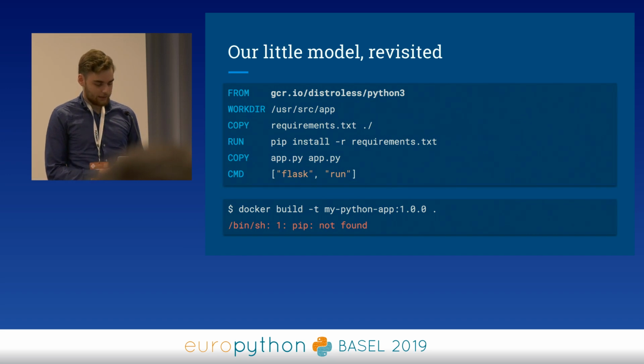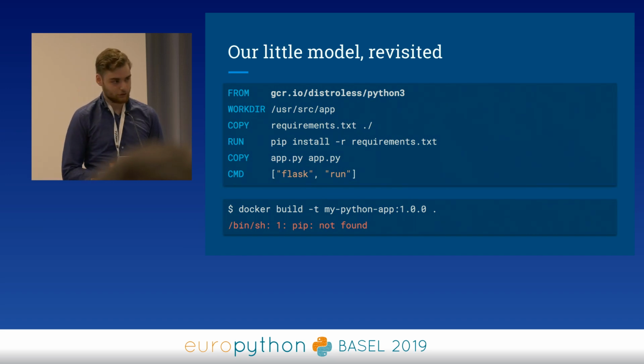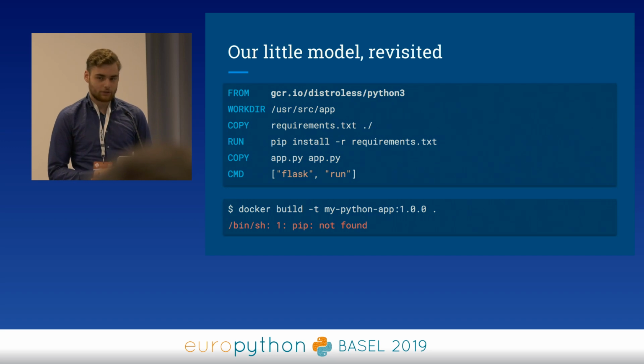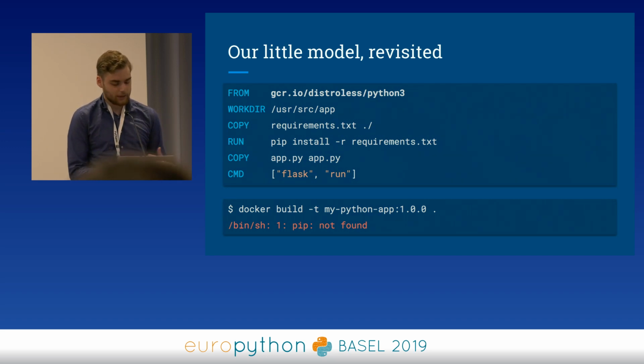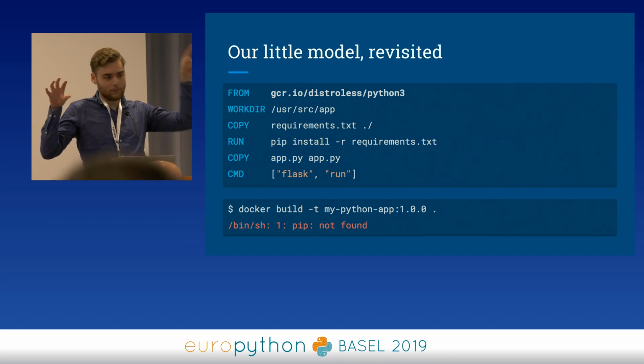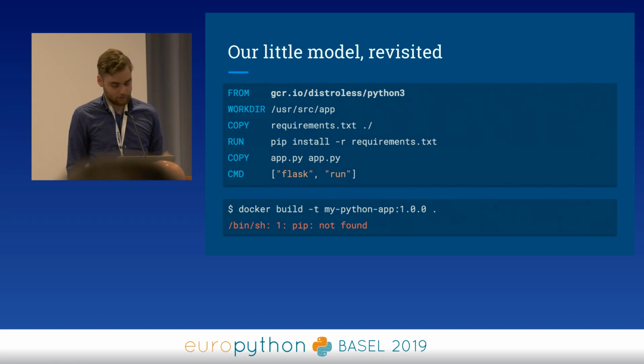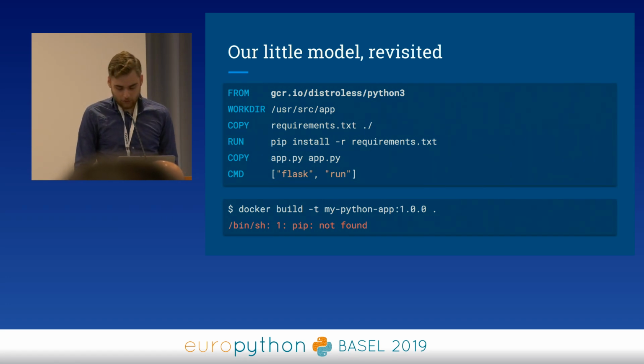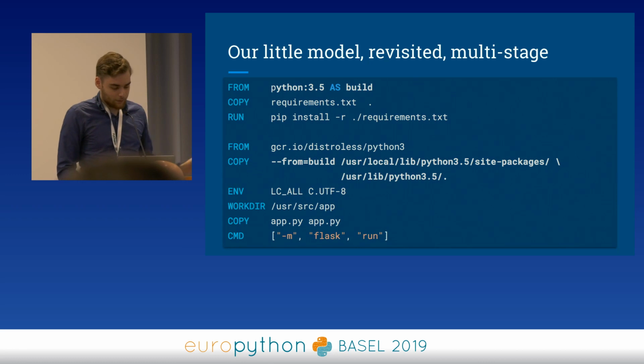Now, thankfully, Docker has a very nice way to solve this issue. We could use multi-stage builds. A multi-stage build is simply where we take one image, one container, do all the stuff there, and then have another container and copy all the files over that we need into the new Docker file. And that looks a little something like this. So we take,